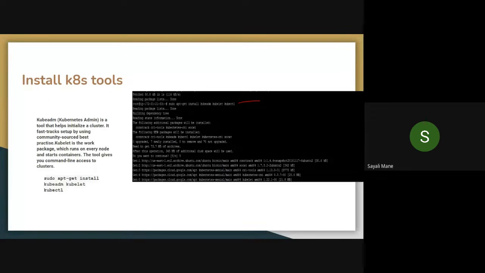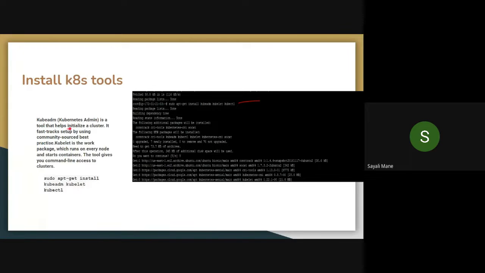Now we have added the software repositories of Kubernetes. Now we need to install some tools which support Kubernetes. Two tools are there. One is kubeadm. Kube is short form of Kubernetes, and adm is short form of admin, Kubernetes admin. You know what an admin does: he surveys or looks at all the processes under the respective admin.